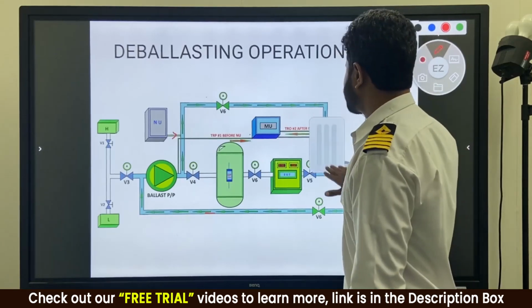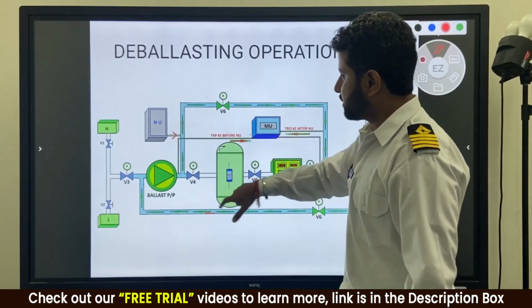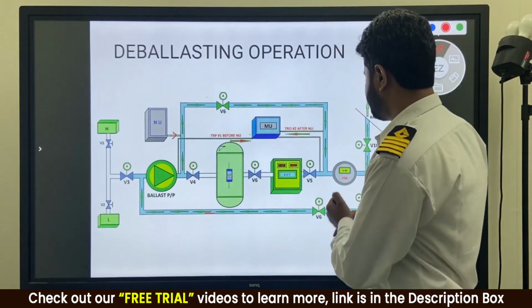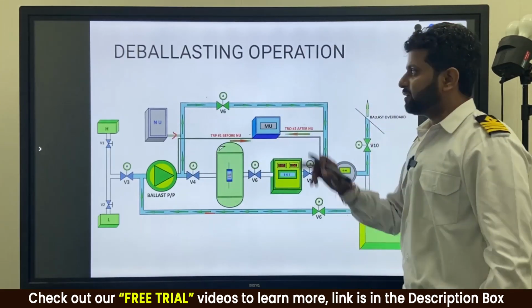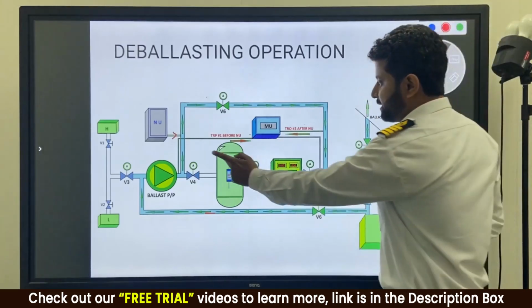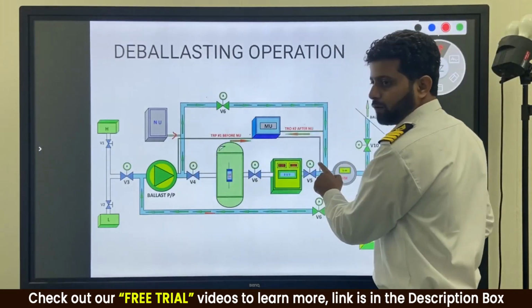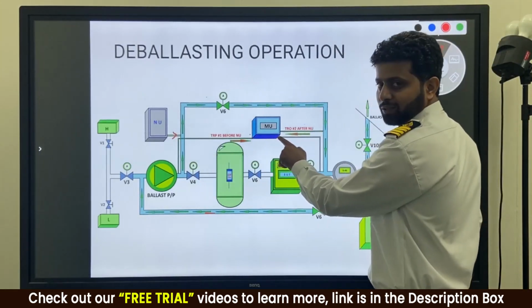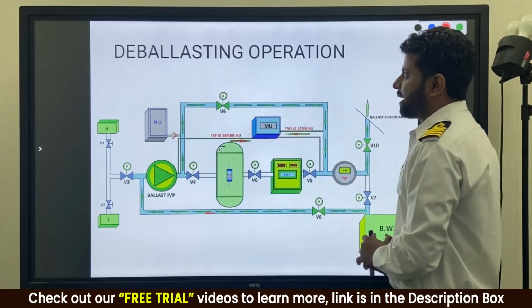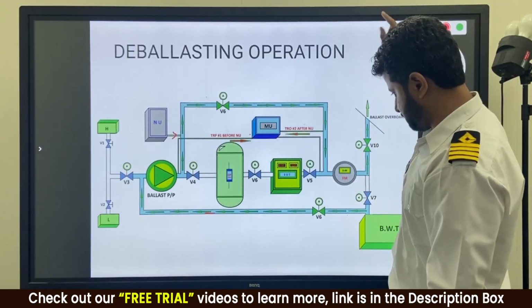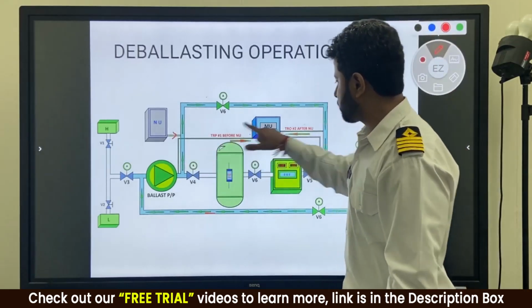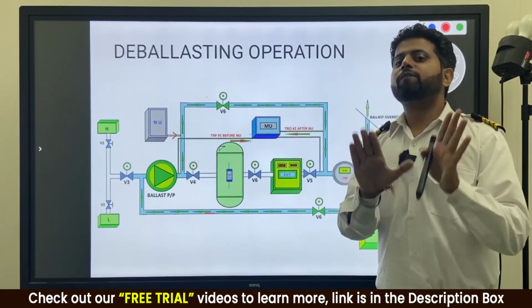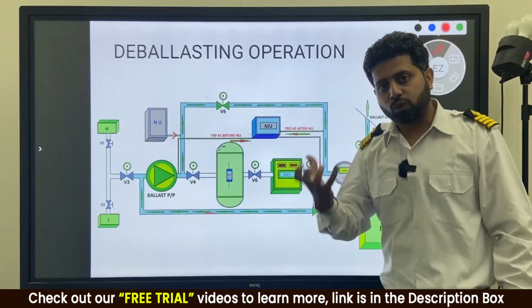Just to tell you guys, I am going to discuss the monitoring unit later, but there are always solenoid valves fitted over here. There will be a solenoid valve over here and over here. When we press ballasting, these solenoid valves are shut. Only this solenoid valve is open, which is used for ballasting, so the sampling is for ballasting. And when deballasting is pressed, this solenoid valve over here is shut, and these two solenoid valves are opened as per requirement, which I am going to discuss now. This is what automation is.